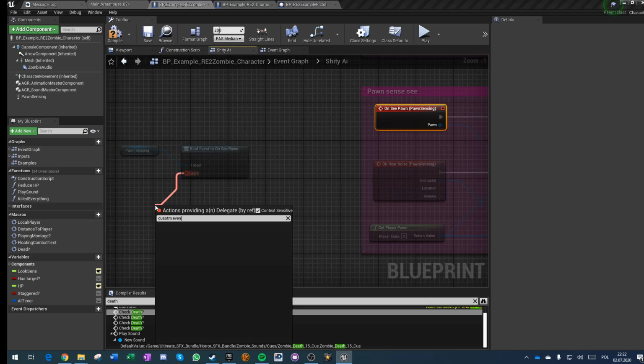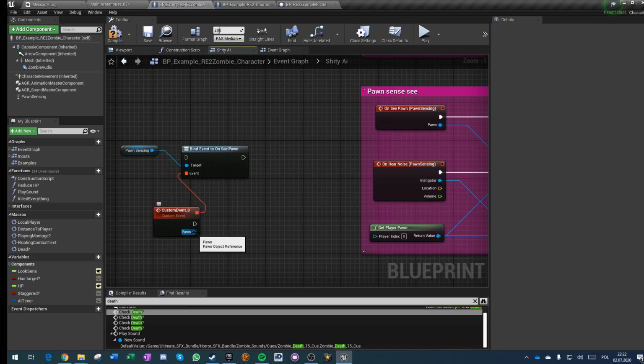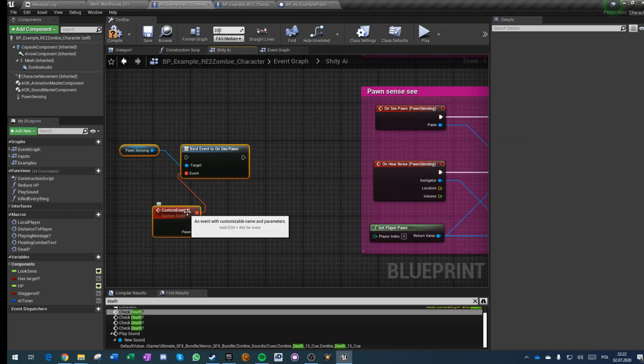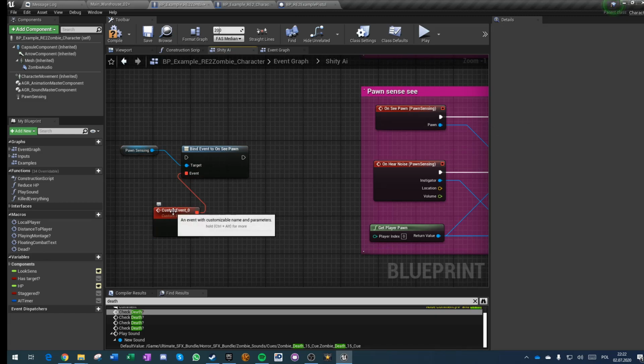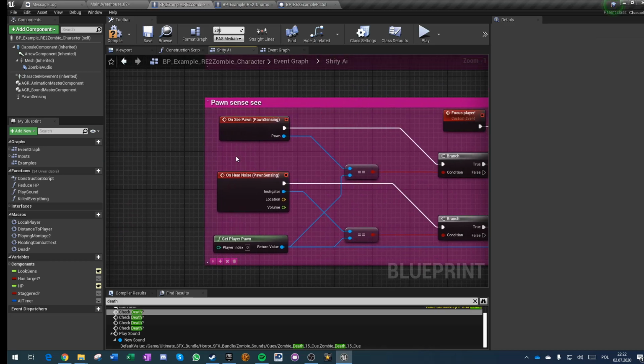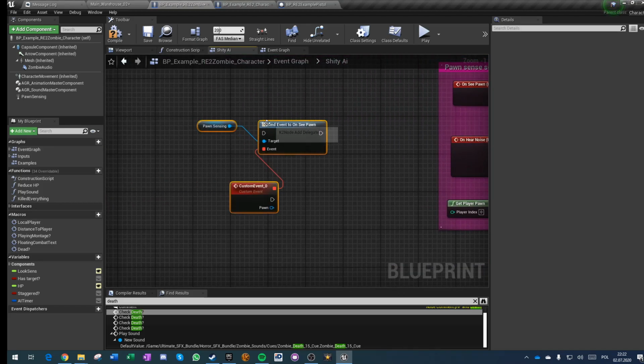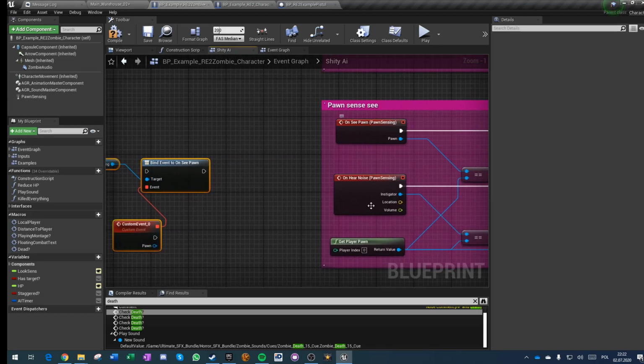And if we do custom event, you will see that it has already event arcs, which is the same as here. We just can change the name of this event, and we can use this event directly from anywhere in the blueprint. Just call on it, and we don't have to do a custom event here and do this entire thing all together. But we would have to bind this event on begin play, and it's actually easier to do like